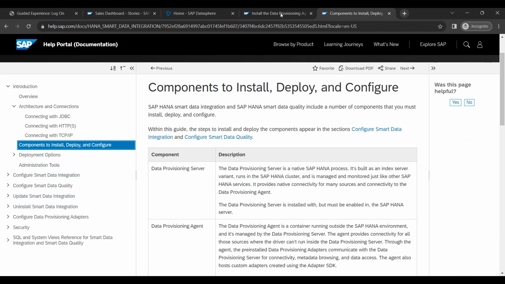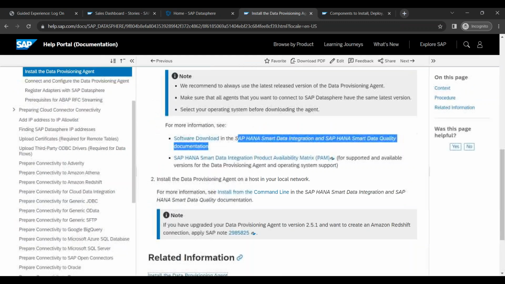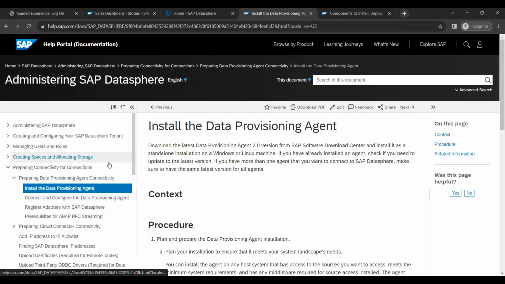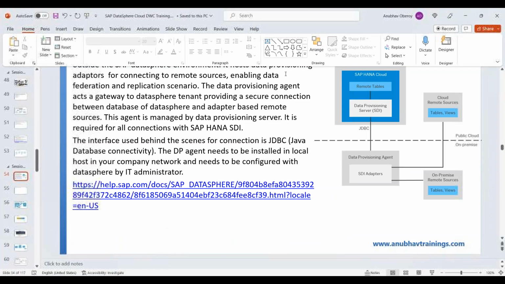So maybe you are interested to go there and follow the instructions given. Very good instructions are given here to set up and configure the DP agent. This is something which you all can do, or ask your system administrator to take care of